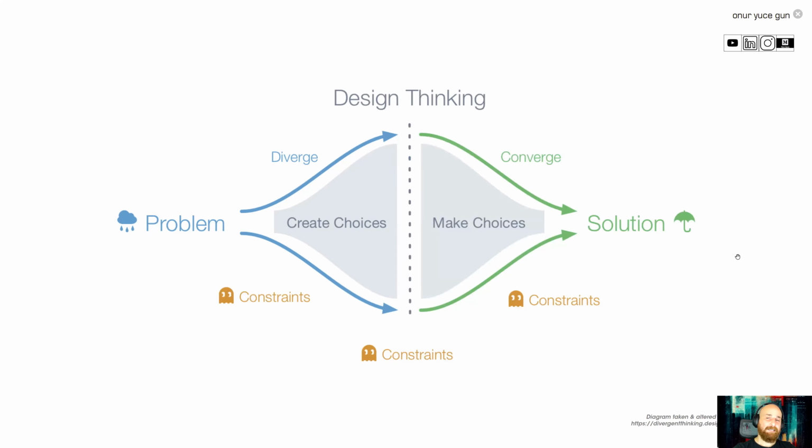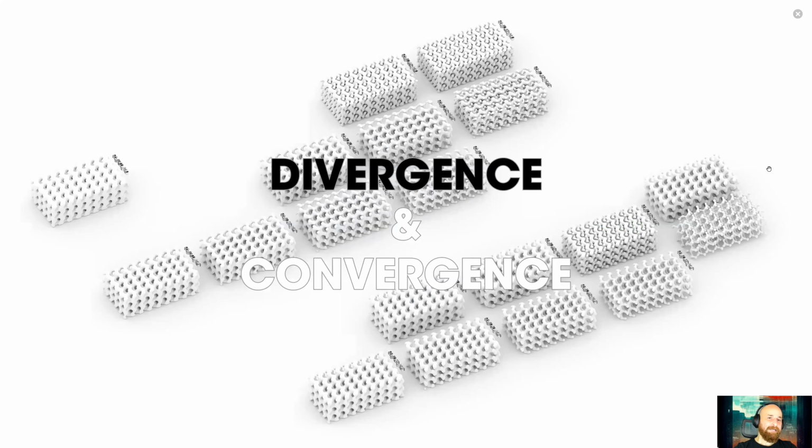And again, I'm continuing with Philip's divergence and convergence diagram here, and we just discussed that. You create choices, and then in the light of constraints, what you want to do, you arrive at the solution. Okay, this is a simple way to explain this, but this can also be studied further, and that's what I did by altering this diagram. But before that, divergence and convergence applies in many disciplines,